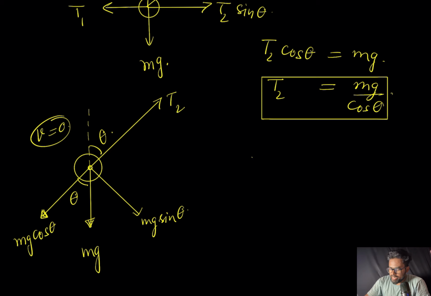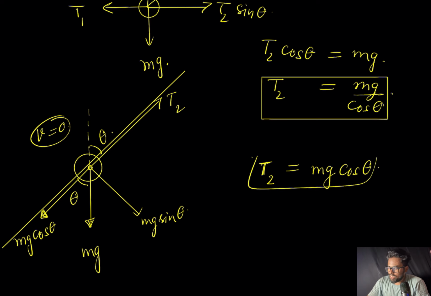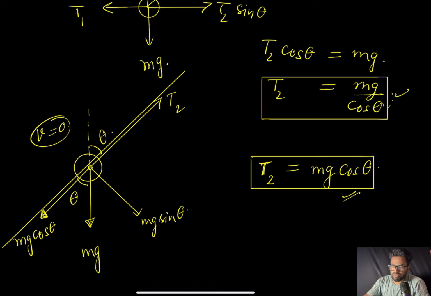Now we know it has zero velocity at that instant. So the radial force, the force along the central direction, would be equal to zero because there is no centripetal acceleration, so there must be no centripetal force. So T2 should be equal to Mg cos theta. So this is the answer just after the cutting, and the earlier one is the answer before the cutting. That would be the tension at any time before cutting, but just after cutting the string, this would become the tension in that inclined wire. Okay,